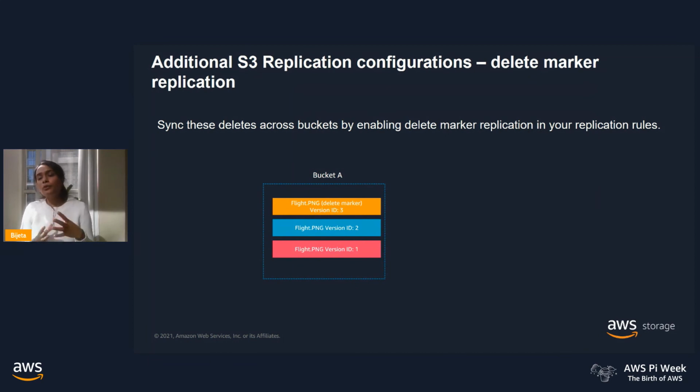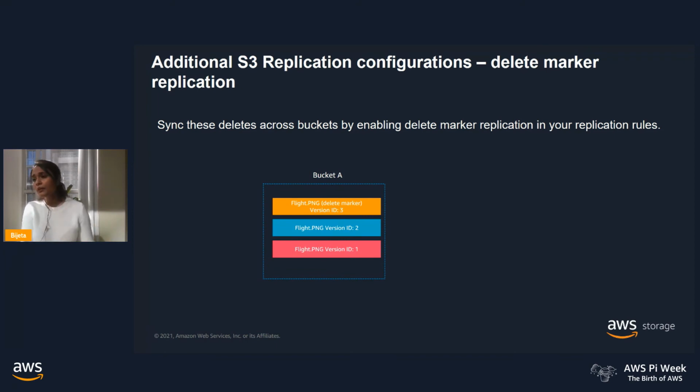I want to talk about a couple more replication options today. There are some use cases where customers want to keep a secondary copy of the data for business continuity and want to retain all versions of the data in the secondary, irrespective of what is deleted or not in the source. We see other types of customer use cases where they want to keep their source and destination buckets in sync. So writes in one are replicated to the other, and similarly, deletes in one should also get replicated to